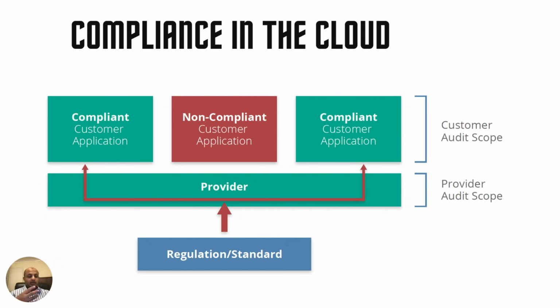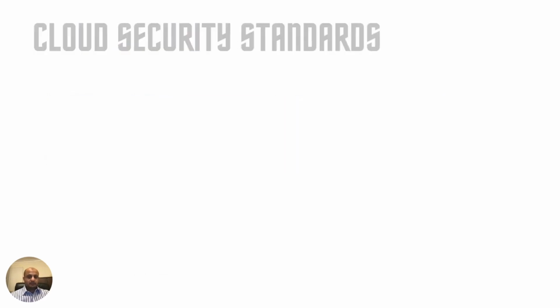For example, you are building a server in Amazon, EC2. You have to make sure that the EC2 server is hardened as per the PCI DSS requirements or whatever standard requirement you have. Amazon is not going to do it for you. They will give you the underlying infrastructure, and you can configure everything as per the standard. But just remember that you are ultimately responsible for maintaining the compliance of whatever you deploy on top of the cloud. Don't think that Microsoft or Google or Azure are going to make you PCI DSS certified. That's not what's going to happen. You still have to do that. They're going to do a lot of the heavy lifting for you, but the other things you have to do.